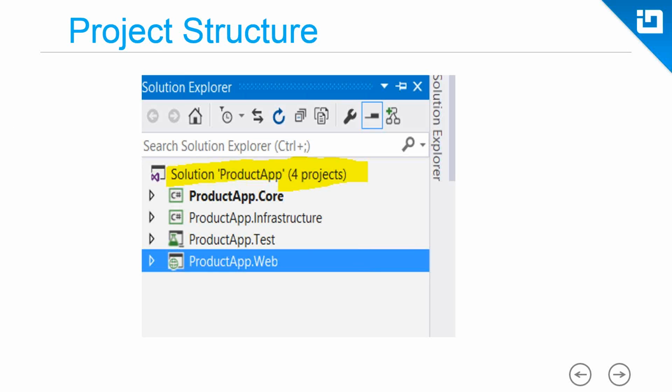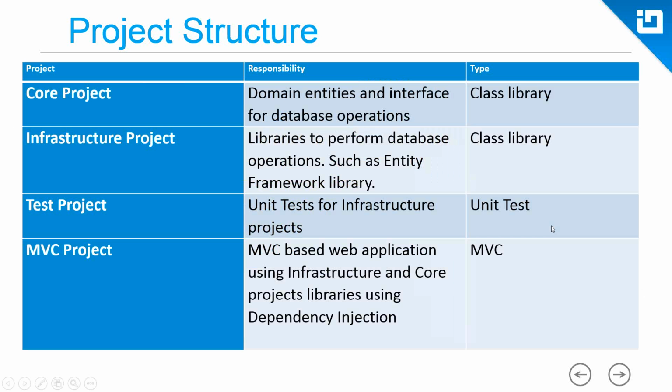And that's how the repository pattern works. So if I move ahead, as I told you, in the core project we are going to put domain entities and the interface for database operations. In the infrastructure project, we are going to put all the database operations. So of course, your infrastructure project will have external library dependencies, whereas your core project won't have anything. And the test project is your test project, and the MVC project is your MVC project. Great. So this is how we are structuring the